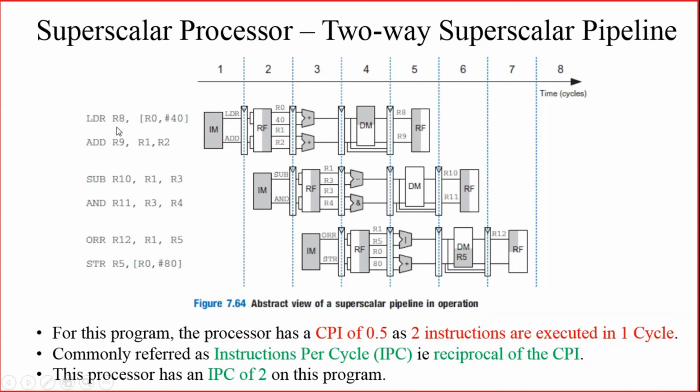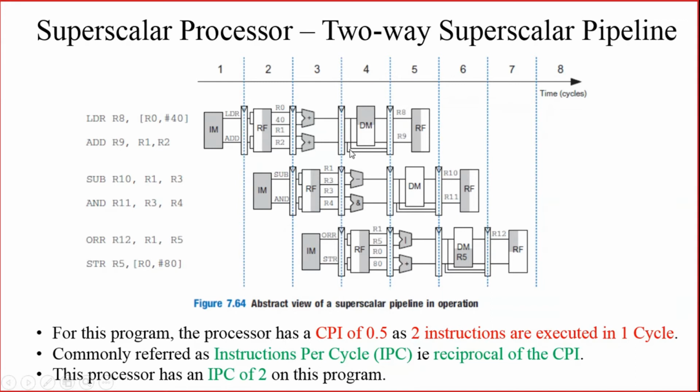Similarly, since two instructions were taken, the second instruction was also decoded in parallel, and here R1 and R2 were identified as the two operands. It will be given to the ALU where addition is performed. R1 plus R2 is done. Then what you need to do? Here we don't have any memory access. Memory access is not at all required. The result of this operation should be stored to R9. So in the fourth cycle, memory access is not done here.